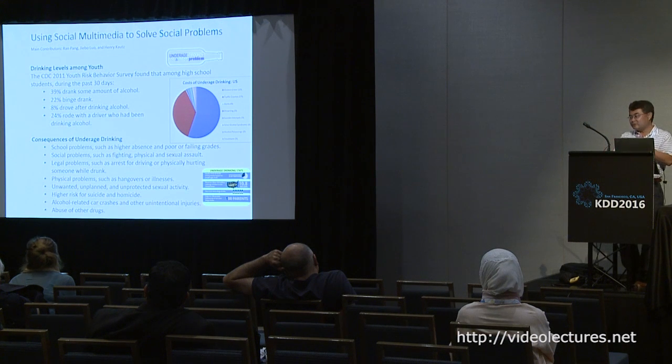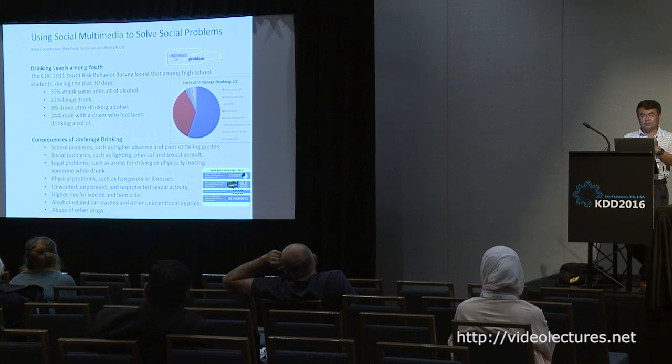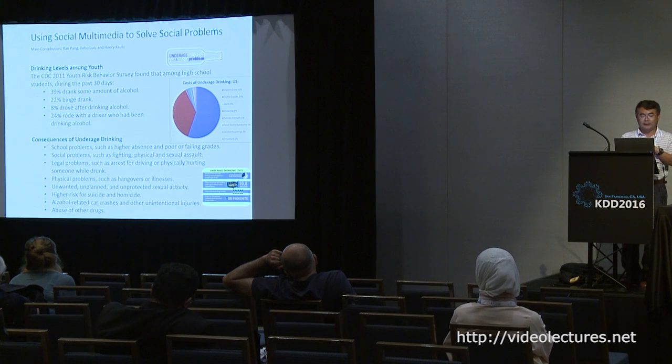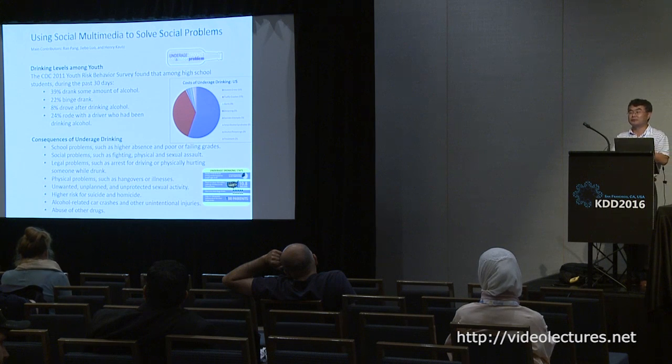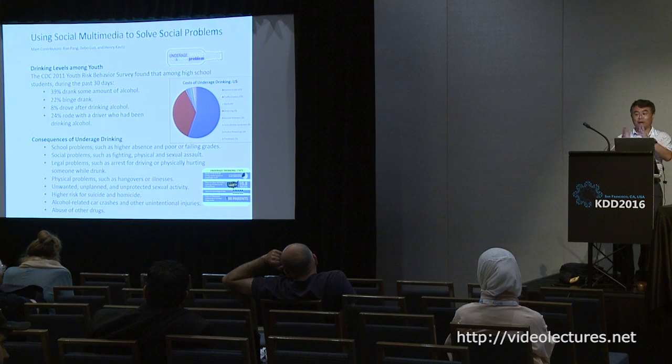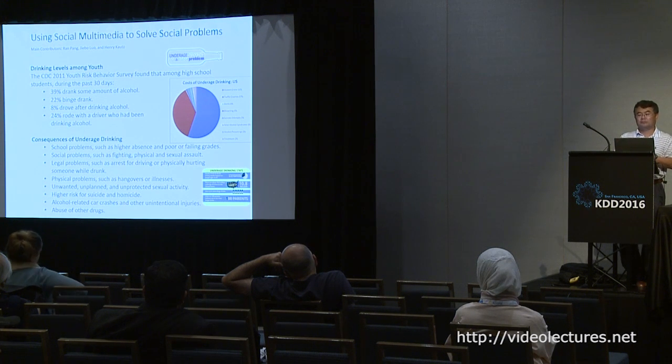So, and then we use social media, multimedia to study a bunch of social problems. This one was related to underage drinking. Underage drinking is a big problem in the US. The current way CDC used was to send out surveys to high schools and ask. So the yield rate is not high, because that's not something you want to let everyone know. So not many kids respond to that. And also, since this is a sensitive subject, they may not tell you the truth, okay?